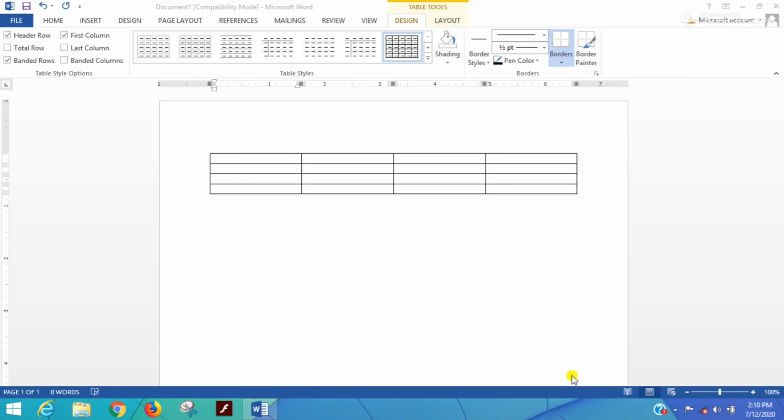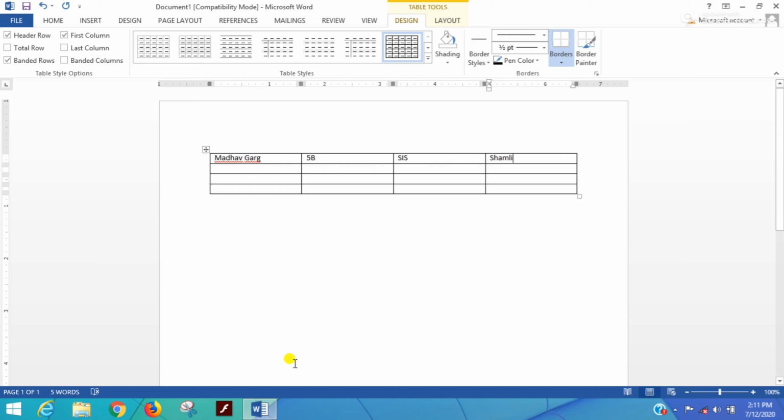Okay dear students, now you just have to click inside the cell and you can type anything you want. As I type Madhav Garg, and then you just have to click inside the next cell and type 5th B, and then the next cell. That's how we can enter the data inside the table.